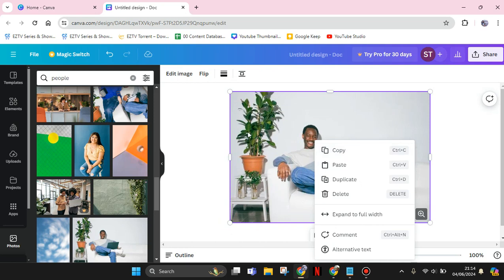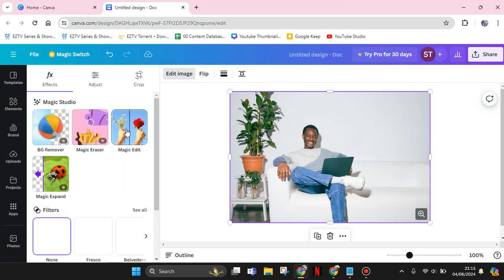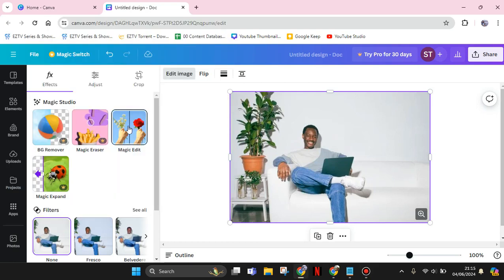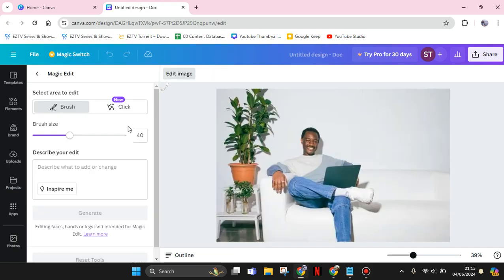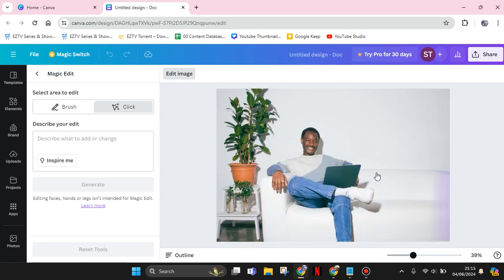And then you can edit image here. You can click it. Wait for a second. And use this feature, Magic Edit here. So you can use the click or you can use brush. Here you can click only his uniform